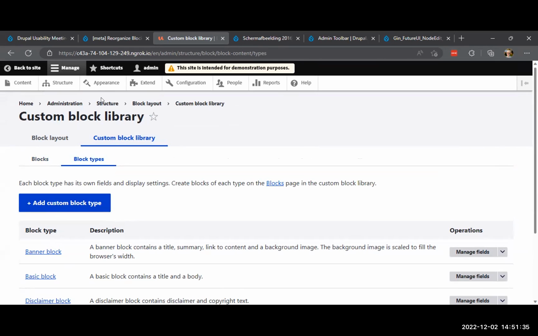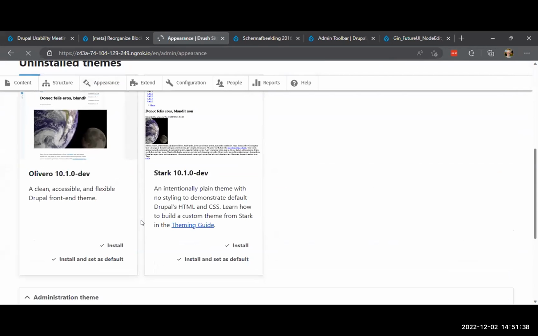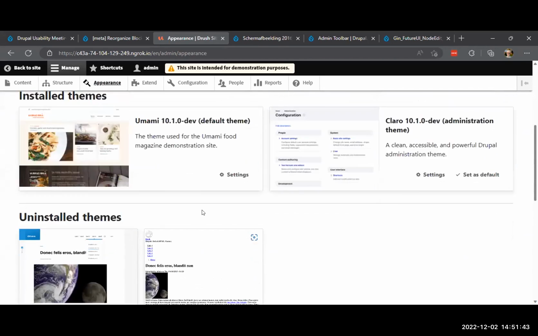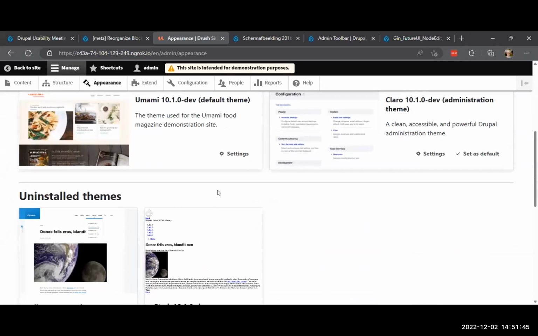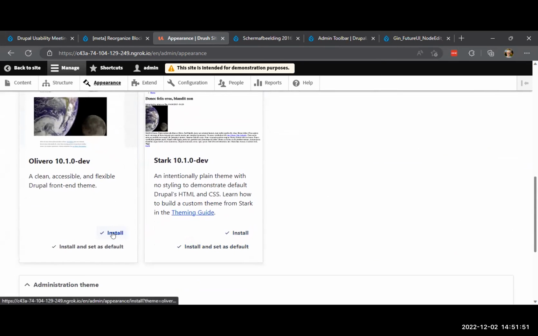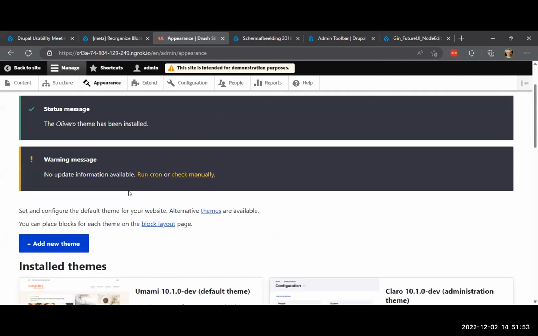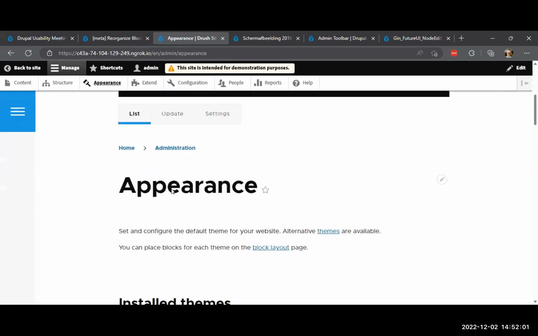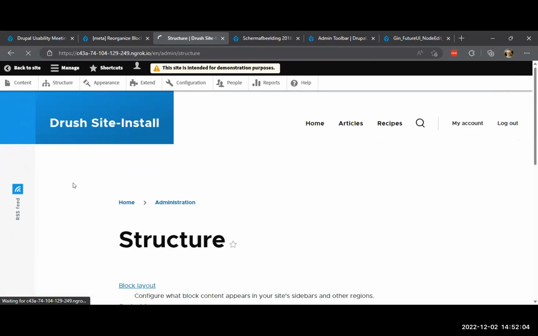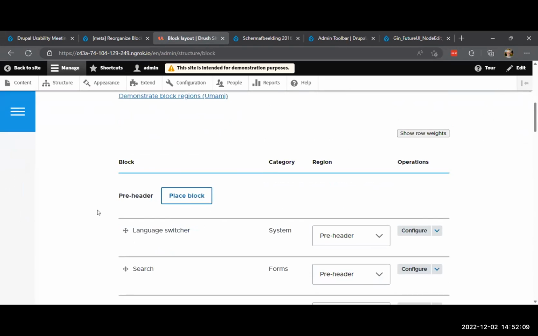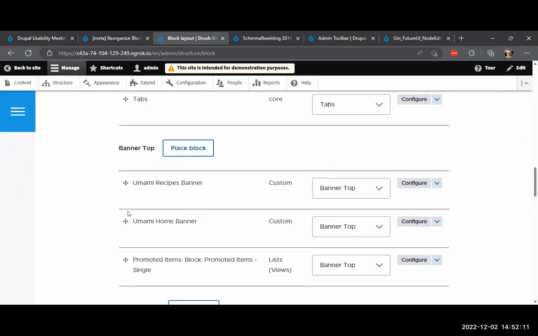I'm going to do something really drastic, and you're all probably going to hate me for doing this, but bear with me. Oh, do you know what? I can't, because this is Drupal 10. I was going to enable the 7 theme, and I can't do that. Let's enable Olivero, and set Olivero as the admin theme. Let's see how this breaks everything. Oh, surprisingly, it doesn't. The reason I wanted to do that is because I wanted to come over to, oh boy, structure, block layout, and I want to find the